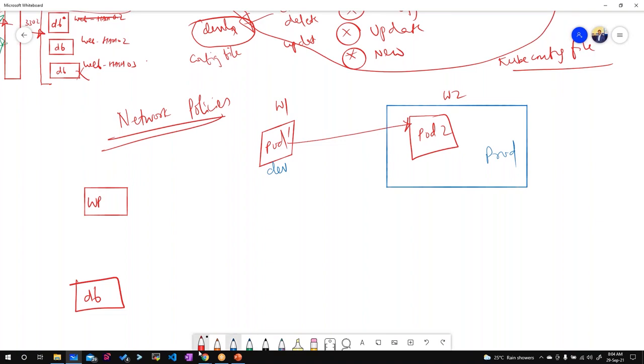Inside Kubernetes there are certain terms: for incoming traffic we call it ingress, for outgoing traffic we call it egress. For this DB I should not have any egress traffic. This DB won't talk to anything, right? In real life scenarios also it is true, DBs won't talk, we talk to DBs. So egress traffic, I'm completely turning it off.